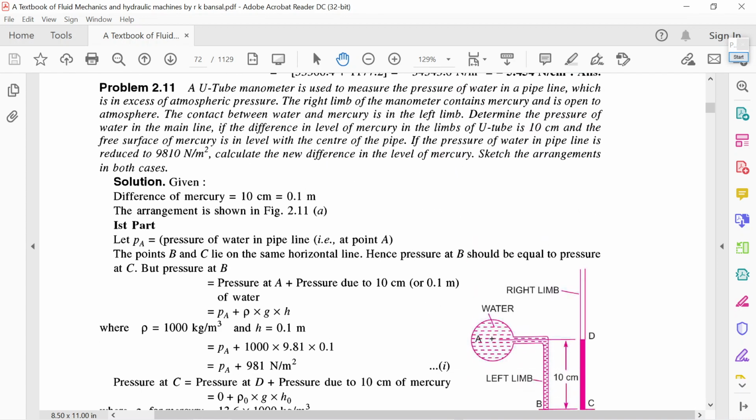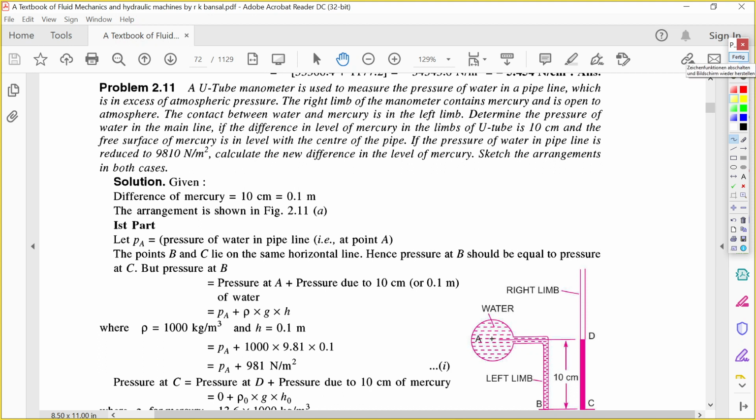Okay, here is also another important question. This one is a simple U-tube manometer connected to a water pipeline which is at excess atmospheric pressure. The right limb of the manometer contains mercury and is open to the atmosphere. The contact between the water and the mercury in the left limb determines the pressure of the water